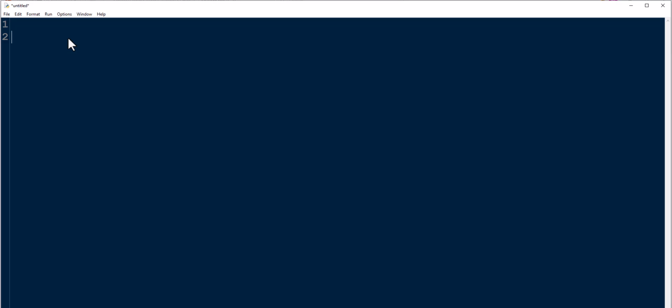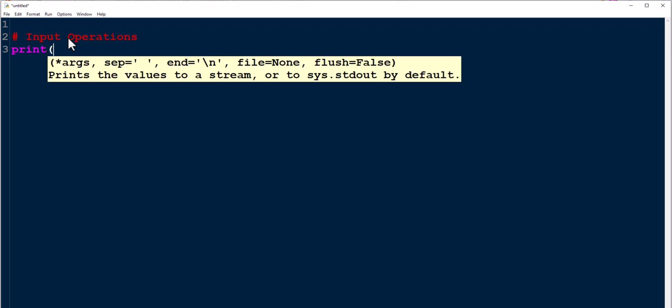Now, we will be adding comments. To add one line of comment at a time, you use the hashtag, and I'm going to say input operations. Next, I'm going to say print, enter your first and last name,